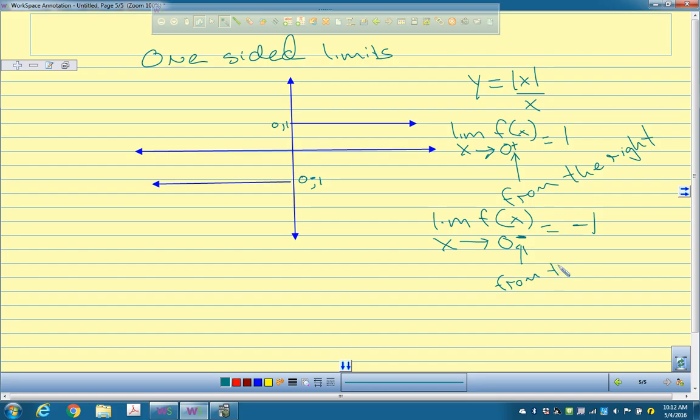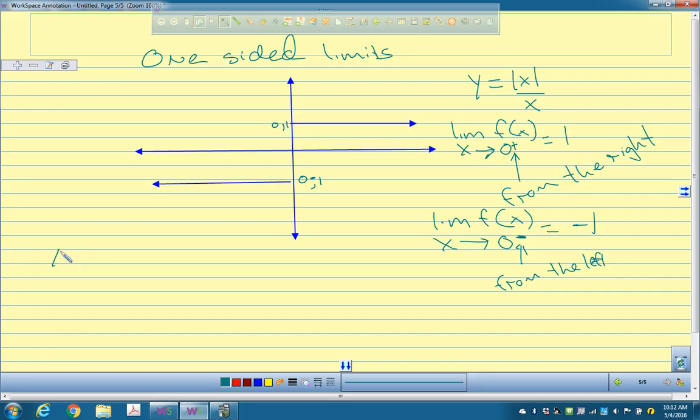From the left. Oh, I didn't give you guys a chance to answer. But do you guys understand why it's -1 over here? Because as I approach 0 from the left-hand side, the y value that I'm approaching, okay? And what's really weird is that